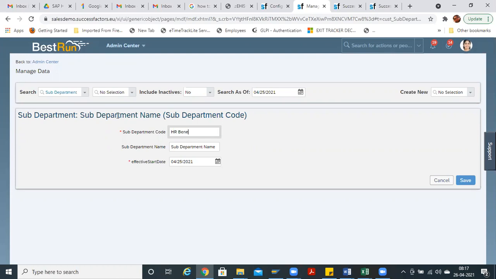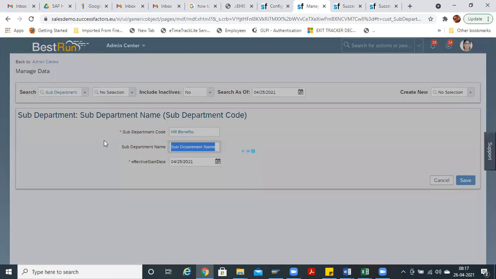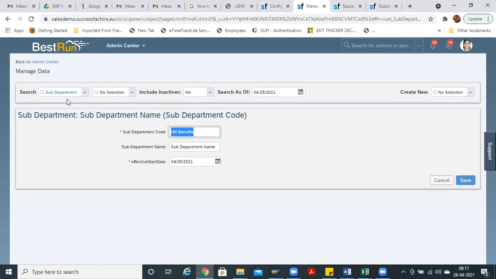You have to mention that. It will be showing in the drop down. Here you are just creating the sub departments. Sub HR benefits. The code is something where you can mention numeric digits because it is a code, right? One, for example, is the code.